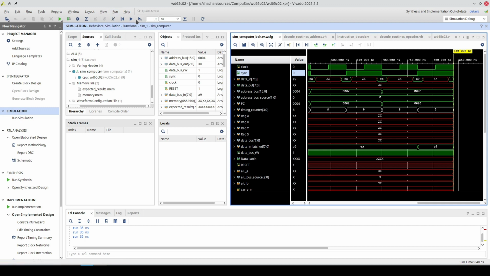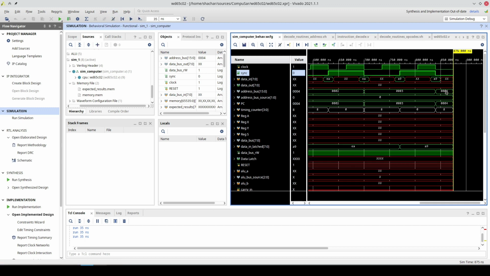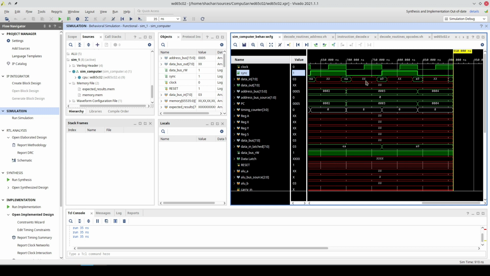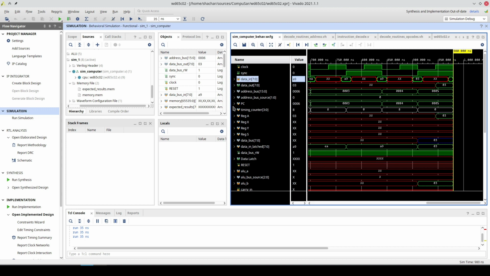Now, what we see next is that the address advances to 4. And indeed, we read the value to read in, which is 3. But next, what we see is that the A accumulator, the accumulator register, receives the value 3.